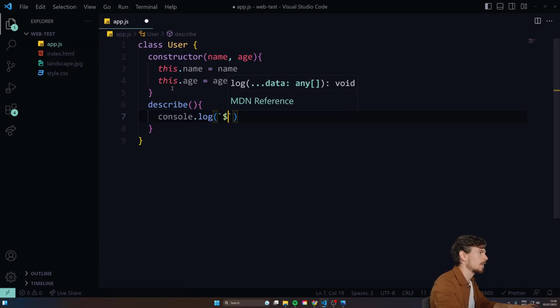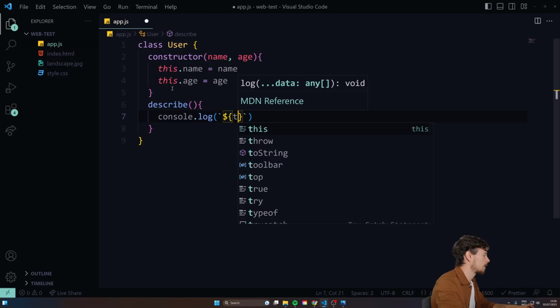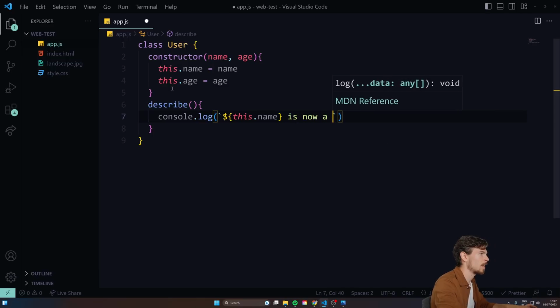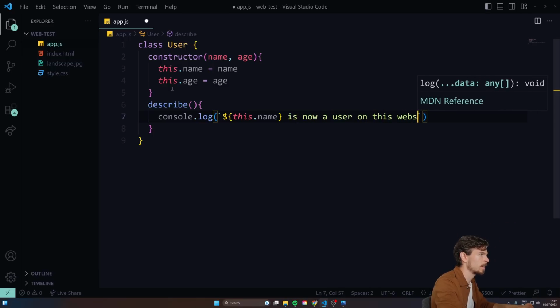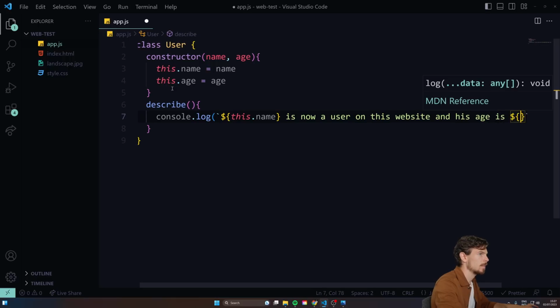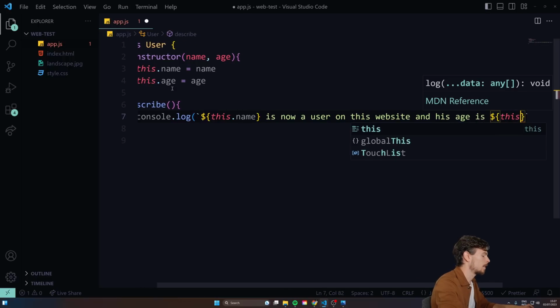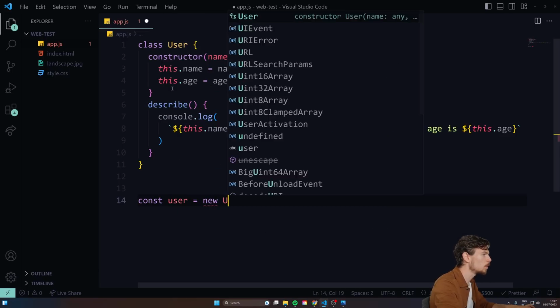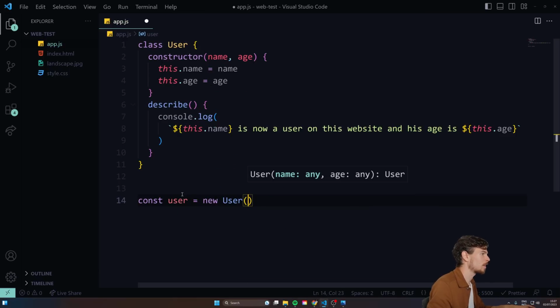and say this dot name is now a user on this website and his age is, and then we can do this dot age. All right. And hit save. Perfect. So now if I make a new user here, so I'll say user equals new user, specifically with the